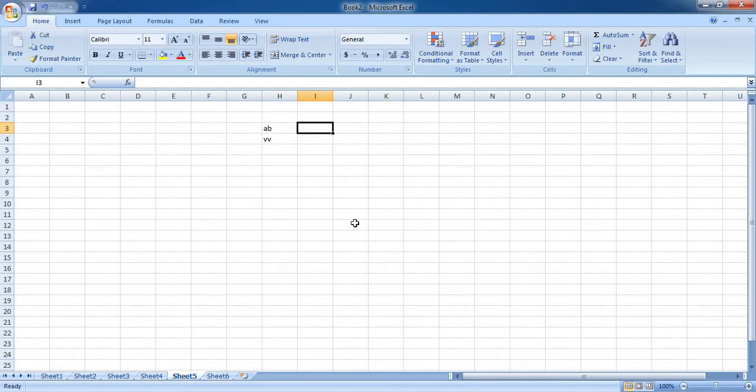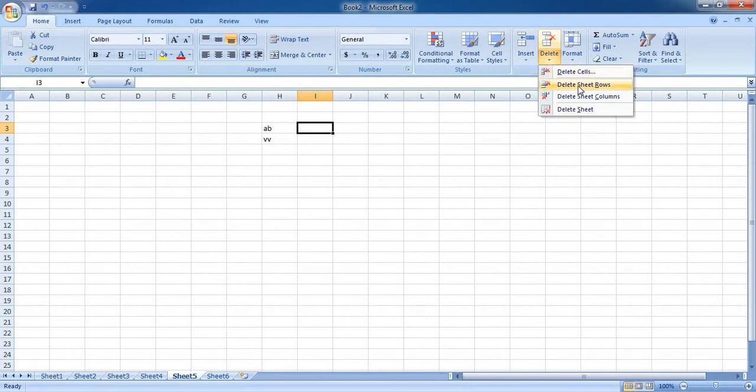Delete cells is all about deleting the selected box. After deleting, where you wish to shift the remaining content, whether at the left cell or at the upper side cell, that is left to you. That is all about position. But the main work of delete cells is that it will delete the selected box or the selected cell and the content.